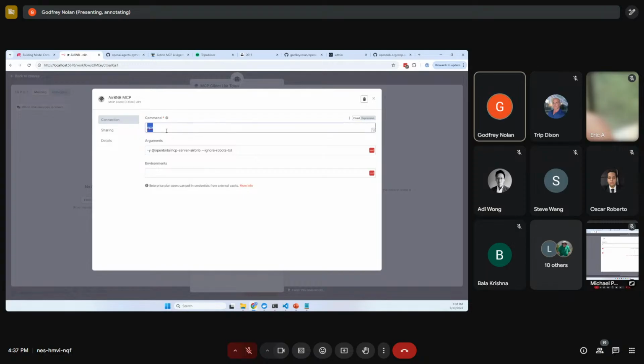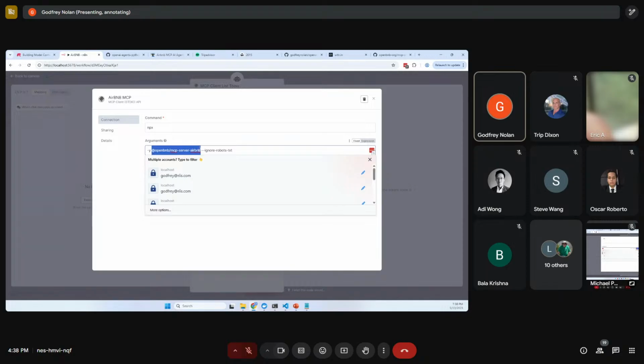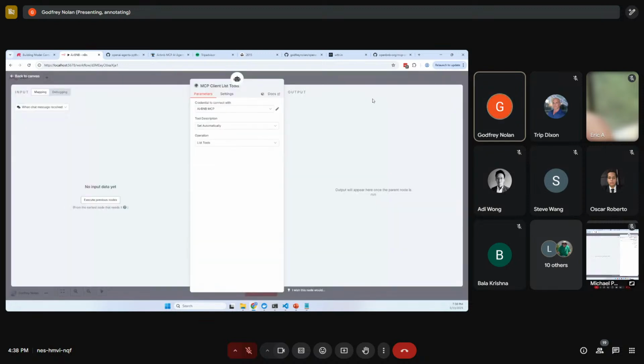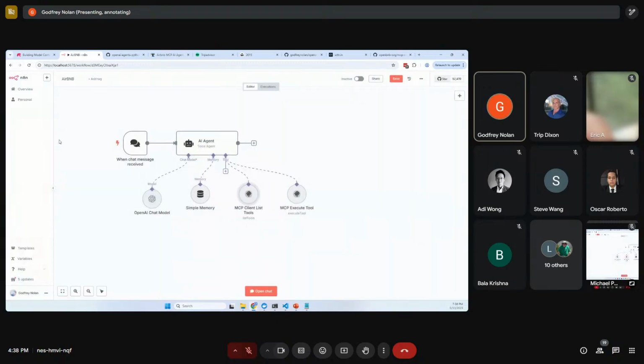Normally when MCP servers started off, you were going to call this within Claude, and Claude would expect a JSON expression to be able to say NPX, which we saw UVX and NPX in two of the examples. NPX is the one we're using now. It's calling this MCP server B&B, and in this case, it's saying ignore robots.txt. And I think -y is just for whatever the parameters are to say yes automatically. Okay, so we want to run this. So what did I do? Basically, I went to this guy's website, downloaded the workflow, connected my MCP server with my API, and then